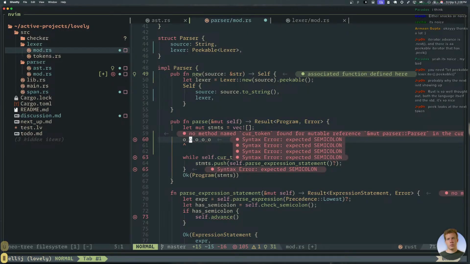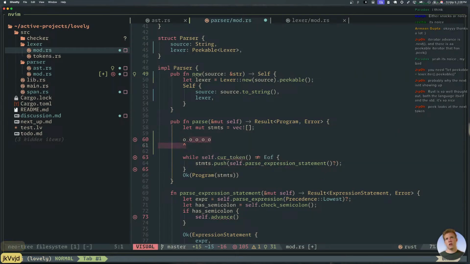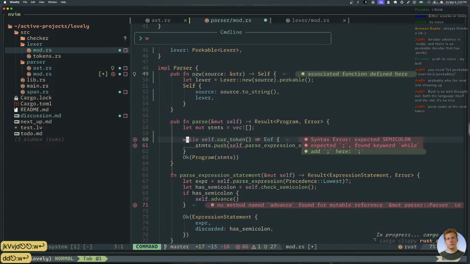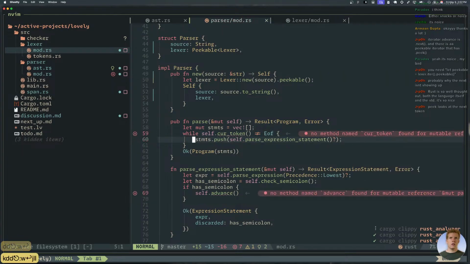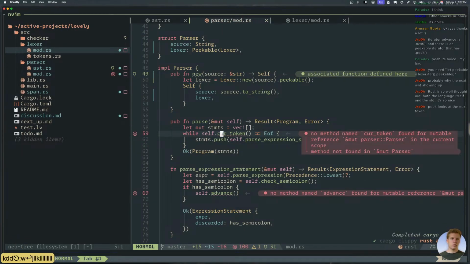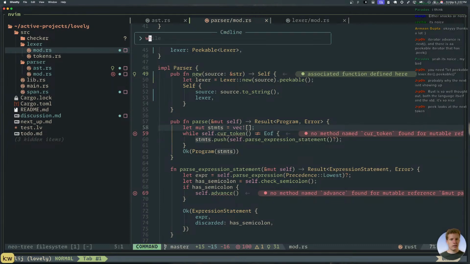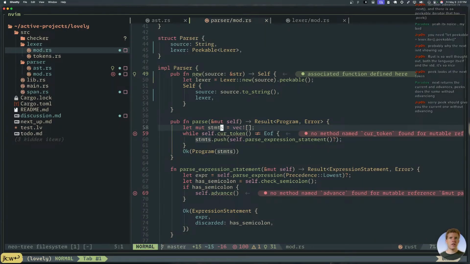This one or this one? And does it consume it? Next returns the current and advances. Peek does the same without advancing. Okay, that's kind of what I thought. Sorry, peek should give you the current one without advancing. Perfect, thank you so much.